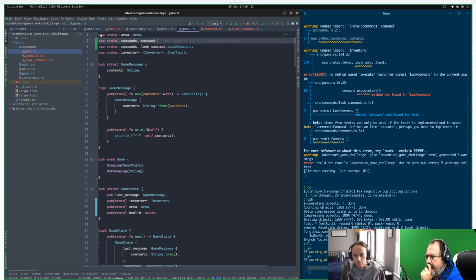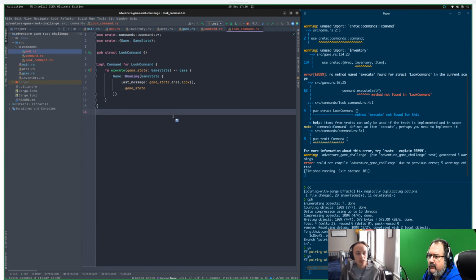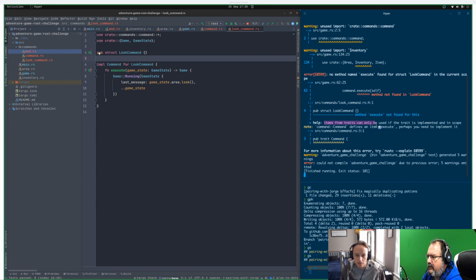They have to implement the command itself, the trait. Yeah, so we have implemented the trait, implement command for look command. So look command implements command, but I think the problem it's describing here is that traits can only be used if a trait is implemented and in scope.